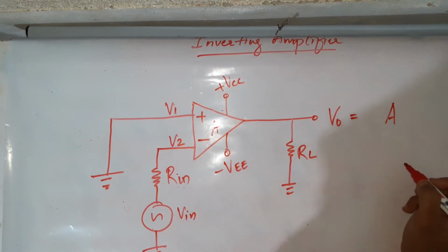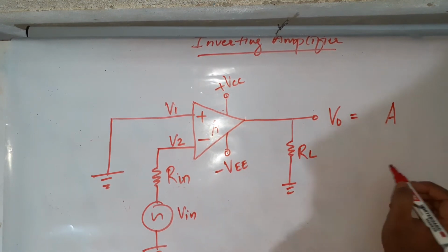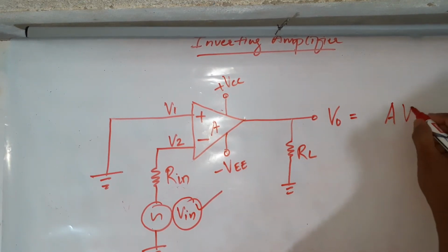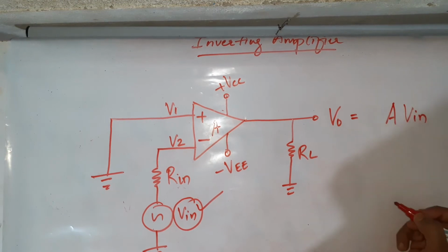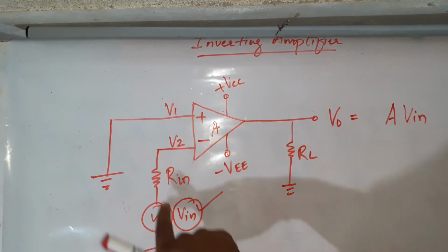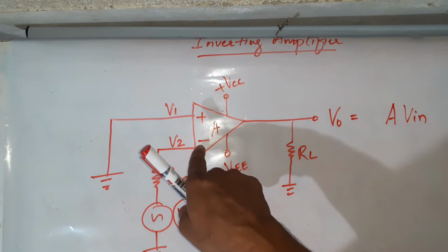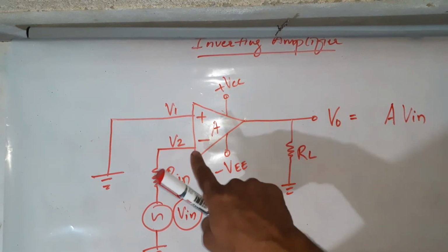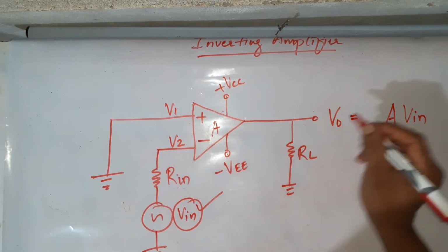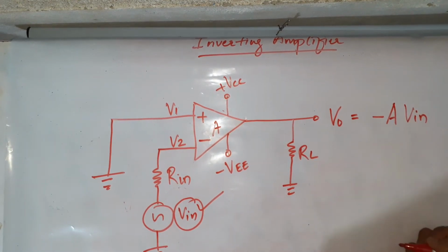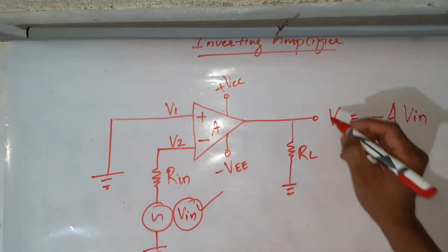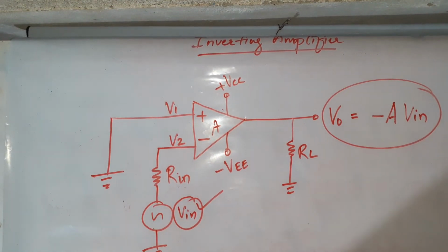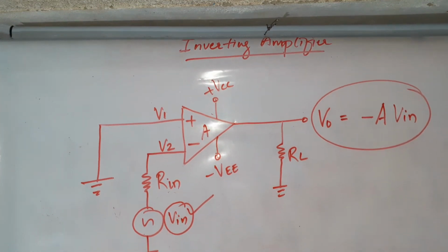What will be the input here? This is the only input, right? This is the only input. So V in is the input. But when this input is applied here, this becomes negative, and then it is being applied as the input for your op amp, right? Here it becomes minus. So this minus comes here. So this will be your final output voltage of an inverting amplifier. Okay,